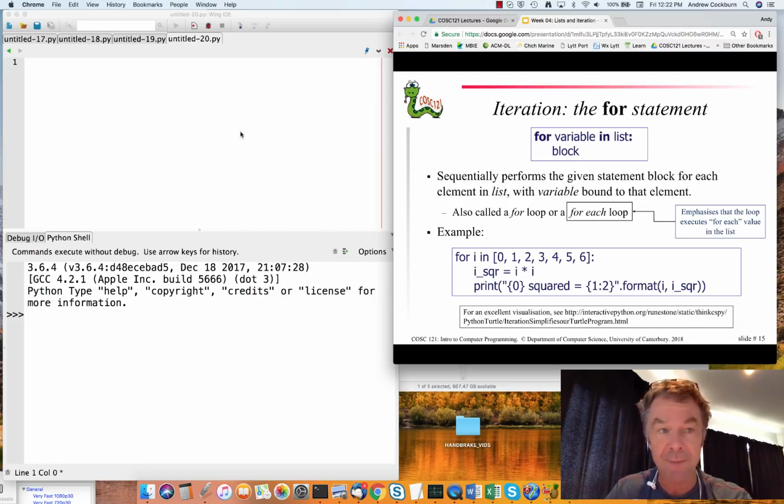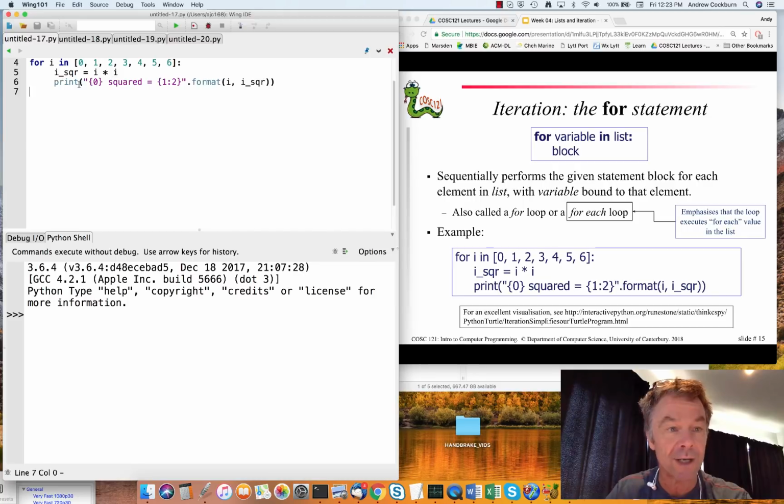And here's a simple example that we have prepared in Wing IDE 101. I'm saying for i, which is a variable, it's going to be bound in turn to each of the values contained within this list, 0, 1, 2, 3, 4, 5, 6. So the first time we execute these two statements contained within the for block, i will be bound to 0. So we'll make i square equals 0 times 0, and we'll then print out,